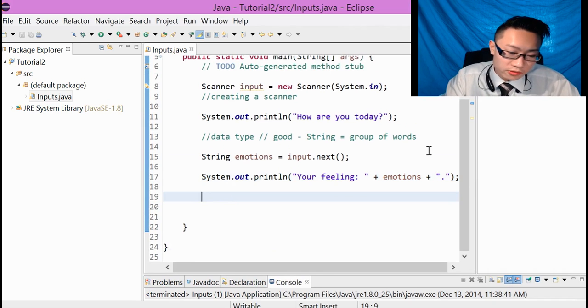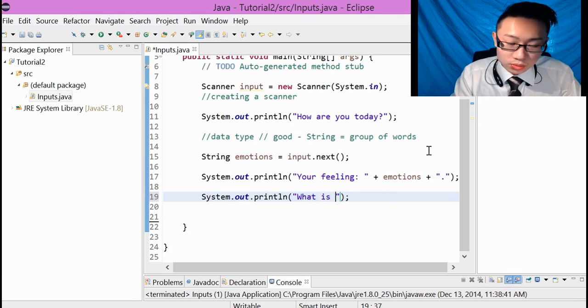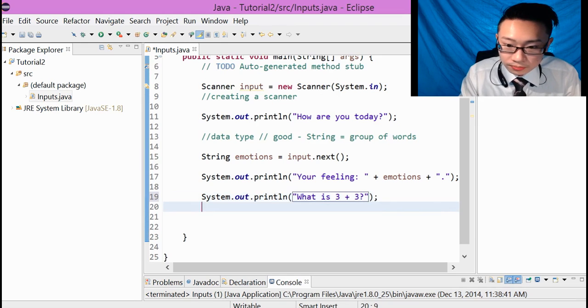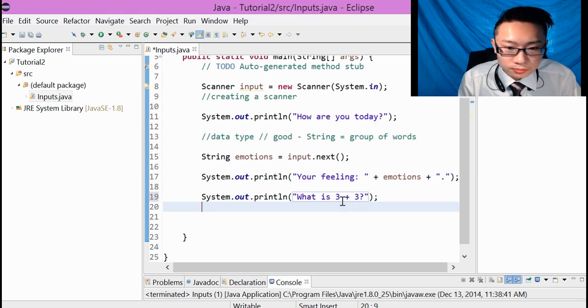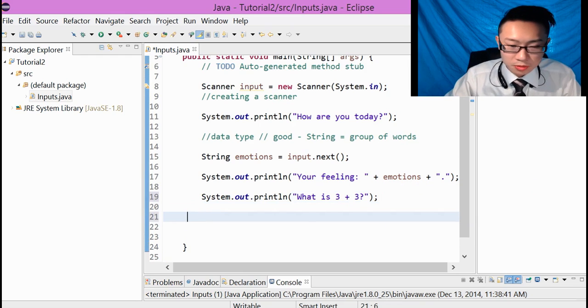So we can use arithmetics and mathematics. For example, we can ask the user, what is 3 plus 3? We want to create a variable. And if we want to use a single number or a whole number, we have to use the data type called int. I'll explain more in the next tutorial. So we go int. You can see it's turned into purple. So I'll just go int answer equal